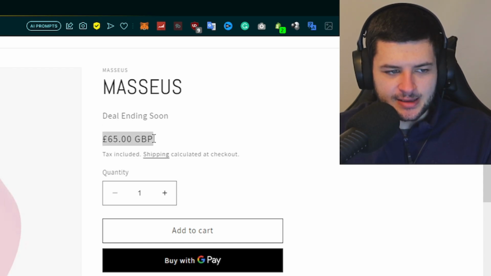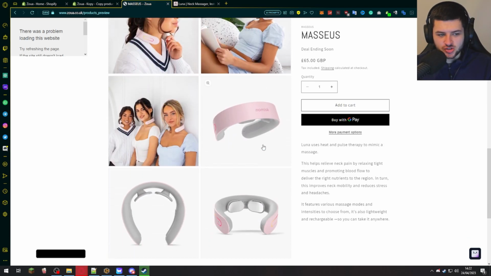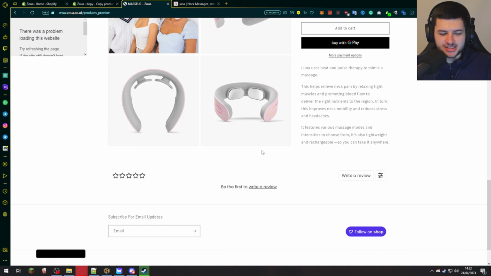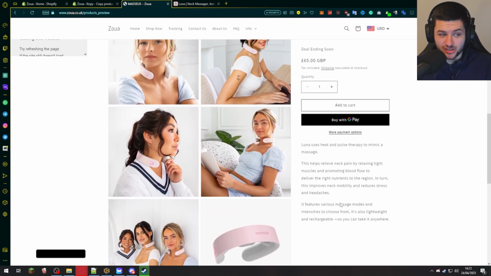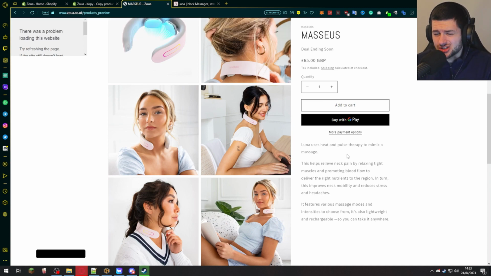As you can see, it's the same price, but I'm selling it in GBP, and you can see it's using the same images, and my store and the whole theme is quite clean. So you can see this actually looks really nice and quite attractive, and people would probably buy this if I was running an ad. That's because they have really nice images and the description is really concise and it looks very professional. It echoes that feel of a real brand, which is very powerful,